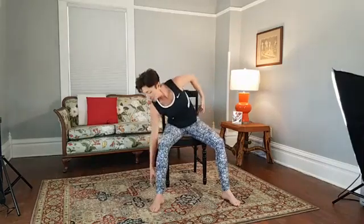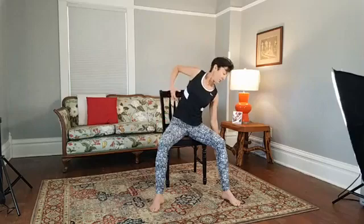Now remember, as you do this one, we are tipping sideways. We are not reaching forward. That's kind of a cheat, okay? We want these sides to work. So reach, reach, reach. Now scoot your hind end to the very front edge of the chair, and we're going